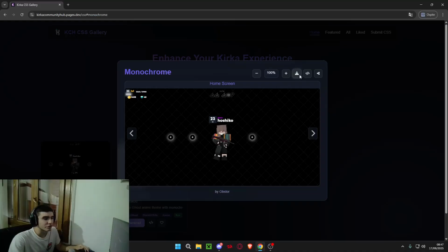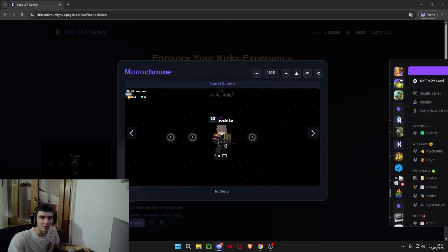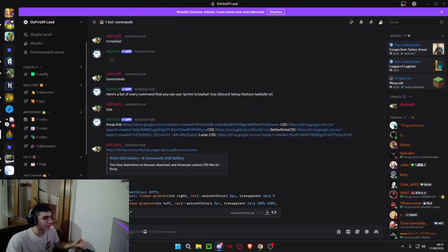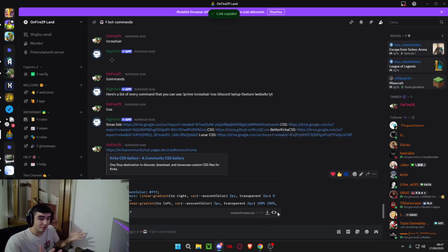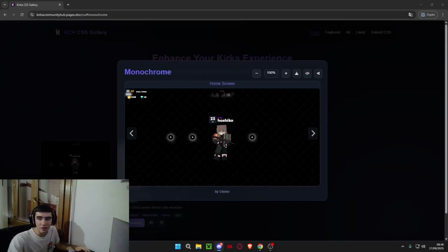Of course, you can just click on the code. I mean, you could use the code or download the actual CSS file. Once you download the CSS file, let me show you, you can just put it on your Discord, as I have it right there. Right click on the download and click on copy link. Now you have your CSS hosted, in that case by Discord. Once we copied it,